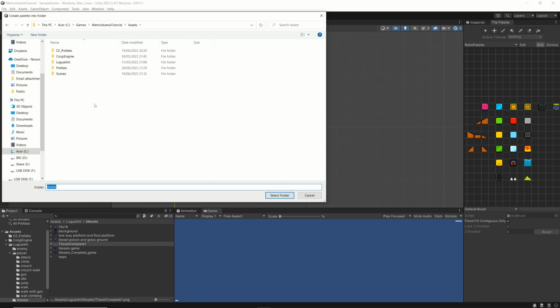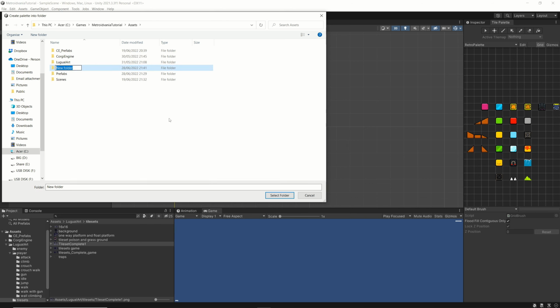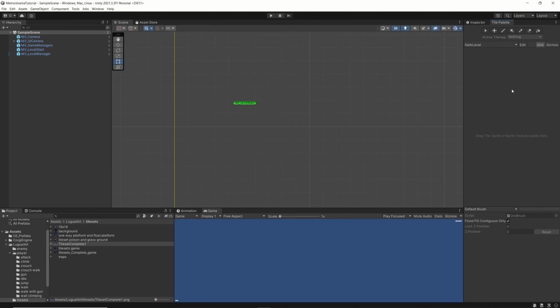You will see that I'm not really following an order at the moment because I want to have later a tutorial how to deal with order and how you should deal with your project. Anyhow, for the moment I just make one here, just a folder, and I create this folder, and now you see we have here the dark level. Good. Now we go back to our tile set,